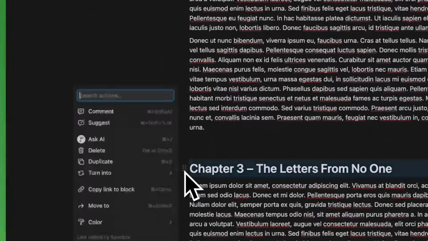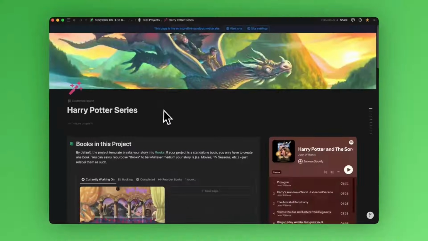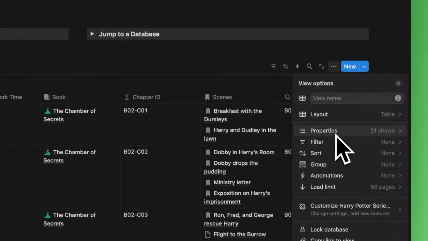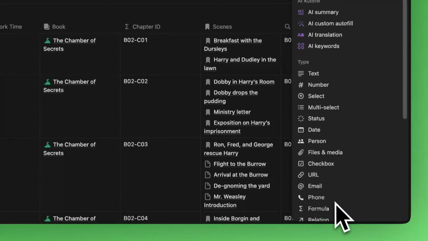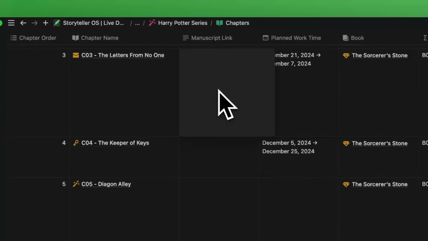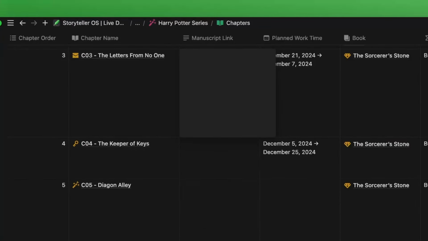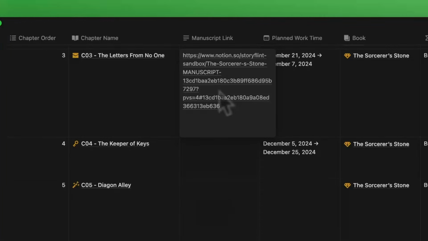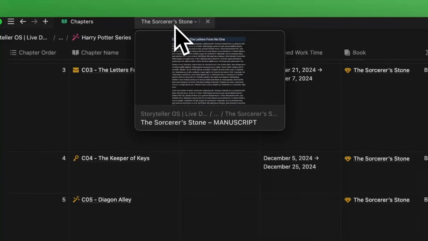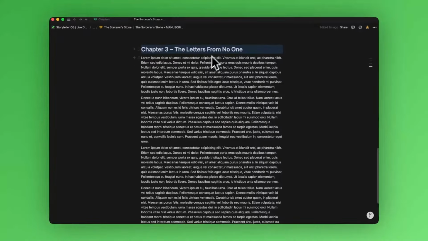So you're going to copy this heading block link and then go to your chapters database in your project. Then you're going to create a new text property in the chapters database and label it as manuscript link. Then paste the block link you copied into this property for this particular chapter. Now, when you click on this link, it'll take you directly to that chapter heading in your manuscript page in